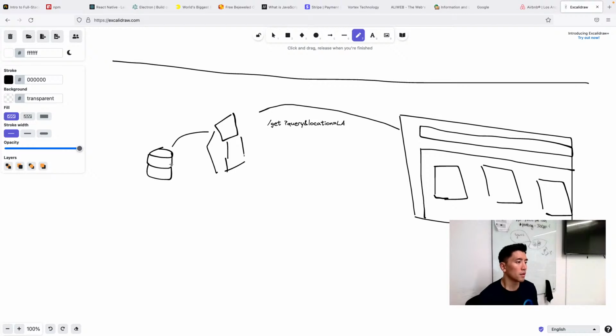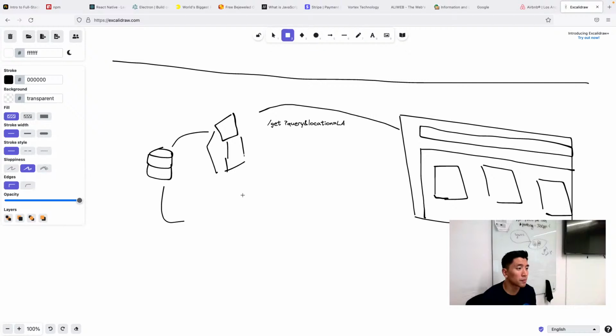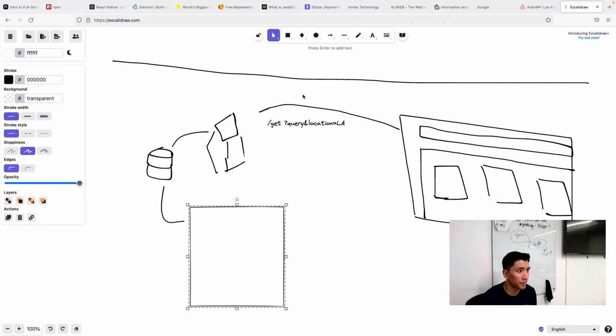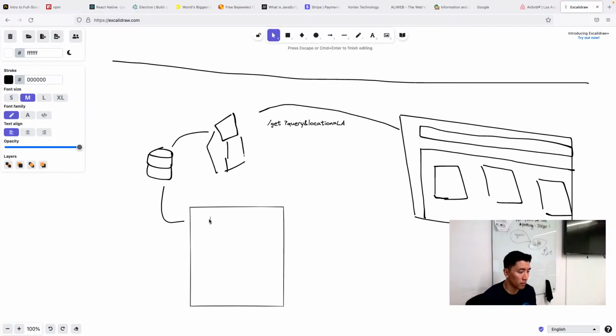This database is what stores location: LA, name: cool hotel, and price: $500 per night. Okay,